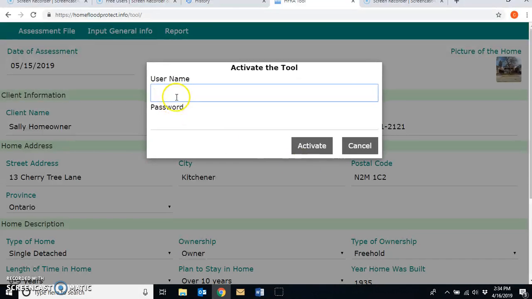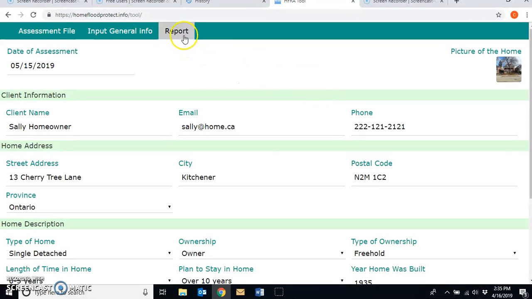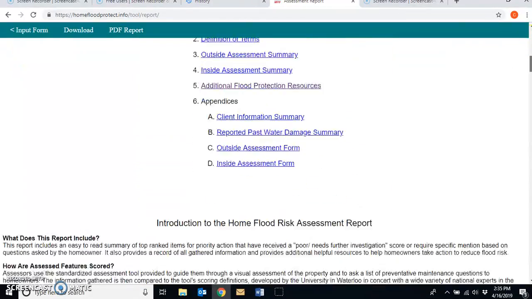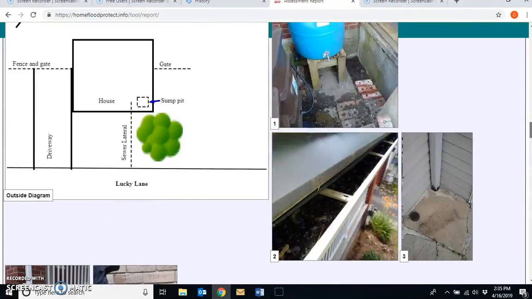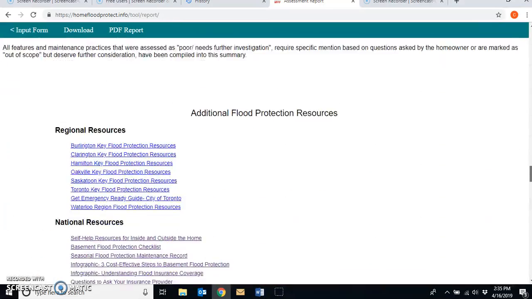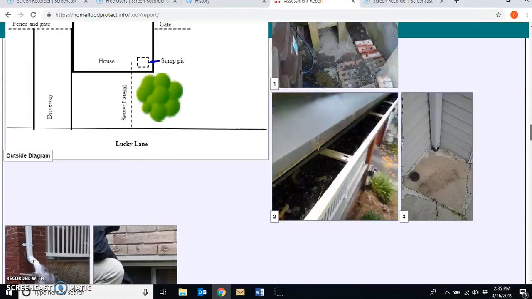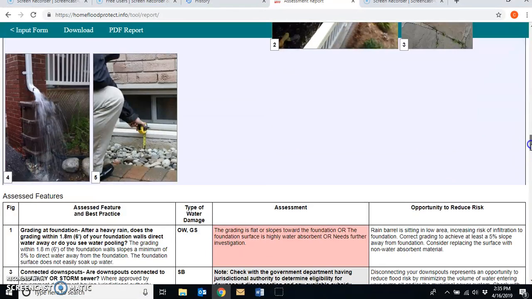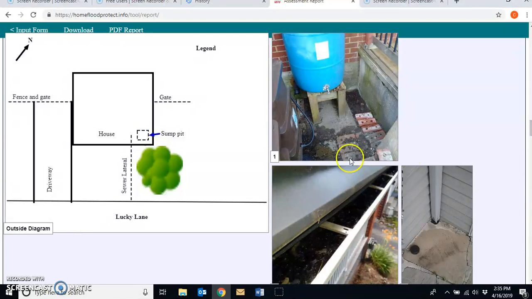Obviously, we haven't been activated, so we're just going to have to quickly activate the tool here, which we learned about in our last video. Okay, so we'll just see how we did. So we've got our front page, we've got our assessment for outside, but we've forgotten inside, and we also notice that we've got numbers 1, 2, 3, 4, 5 here, and what we actually need to do is get A, B, C, and we don't have this labeled. So it gives us an idea that we have some more work to do,